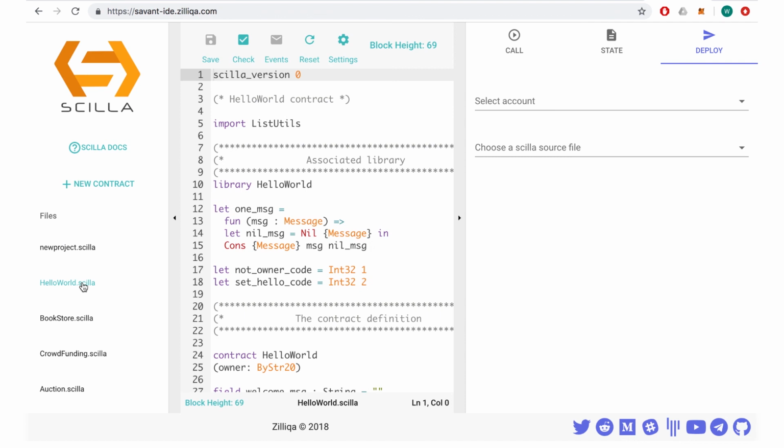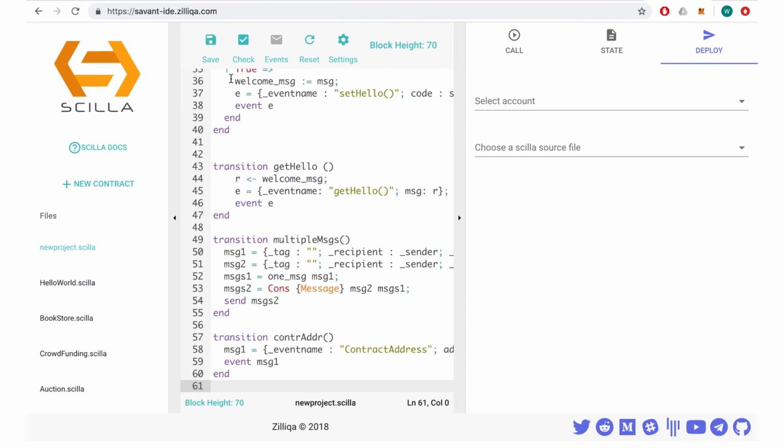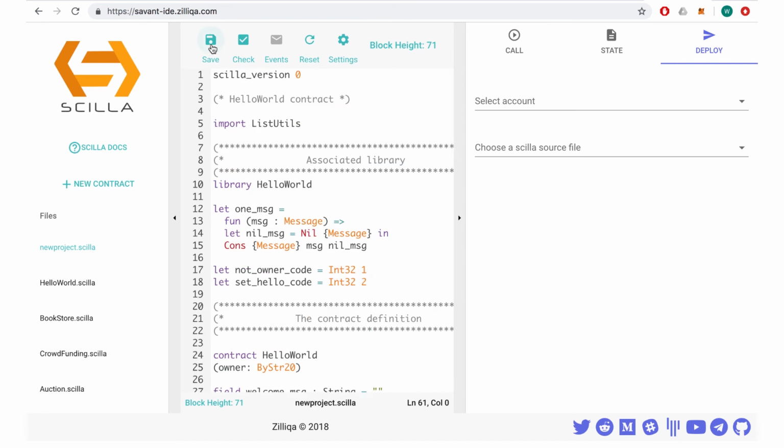In this instance, we can use the Hello World pre-established code as our example. Click on Save and check on your contract for type and syntax errors. You can debug using the red error pointer highlighted in the coding environment.